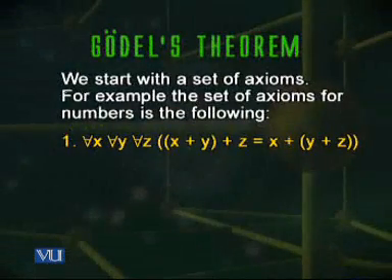And these axioms are called Peano's axioms. These are statements that we assume are true about numbers. But actually, once you look at each one of them individually, they are not hard at all. Let's have a look at a few of them. The first statement says that for all x, y, and z, (x + y) + z is the same as x + (y + z). This means that addition is associative.